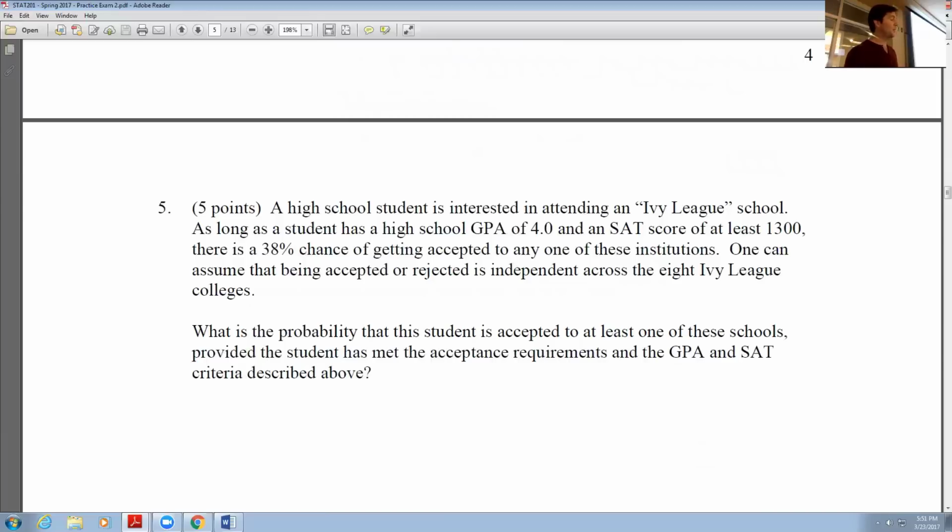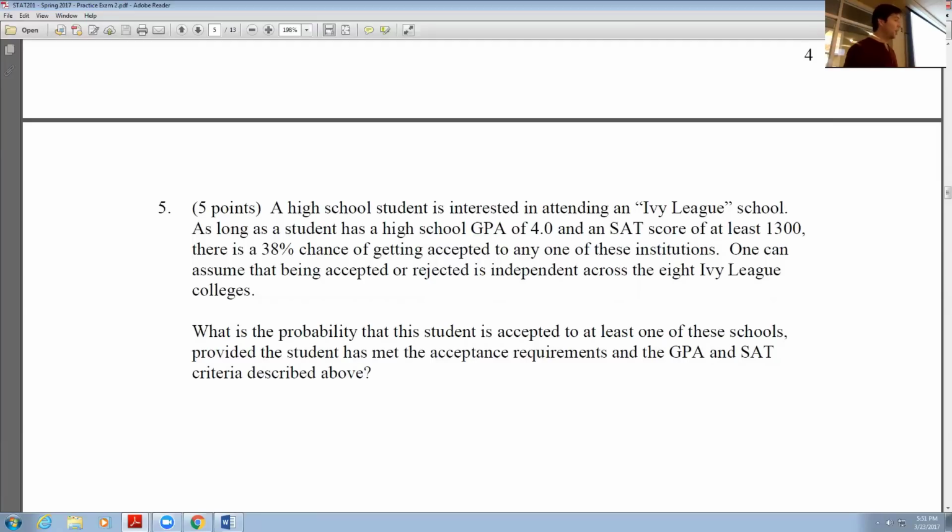One can assume that being accepted or rejected is independent across the 8 Ivy League colleges. Do you think Harvard or Yale talks to each other and says, we rejected this person, you should accept them? It'd be interesting if they did, and I hope they don't, and we'll assume that they don't, which means being accepted to one college is independent of what happens in the other. So for all these 4.0, 1,300 students, whatever happens at one college, each of them has a